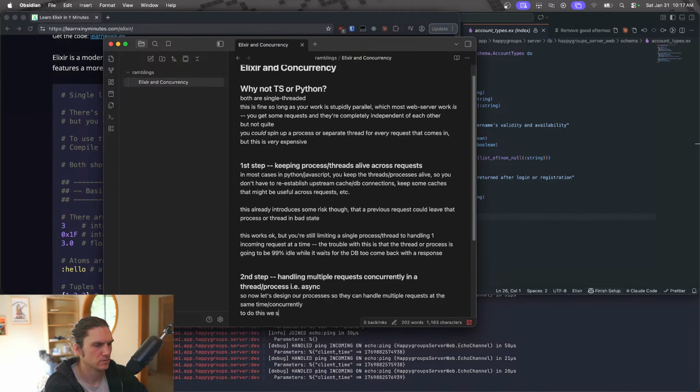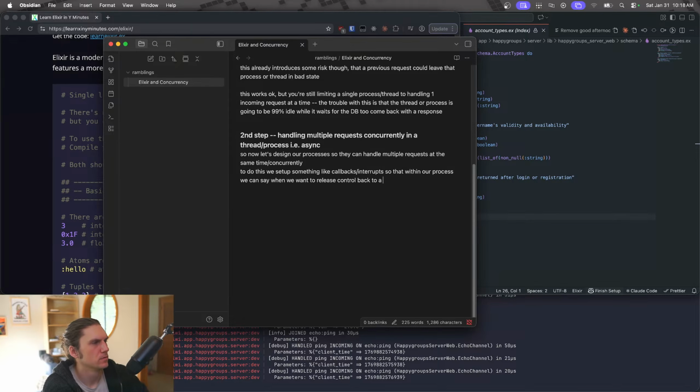To do this, we set up something like callbacks, interrupts, so that within our process, we can say when we want to release control back to our own scheduler. I don't know, that interrupts is maybe further down. So